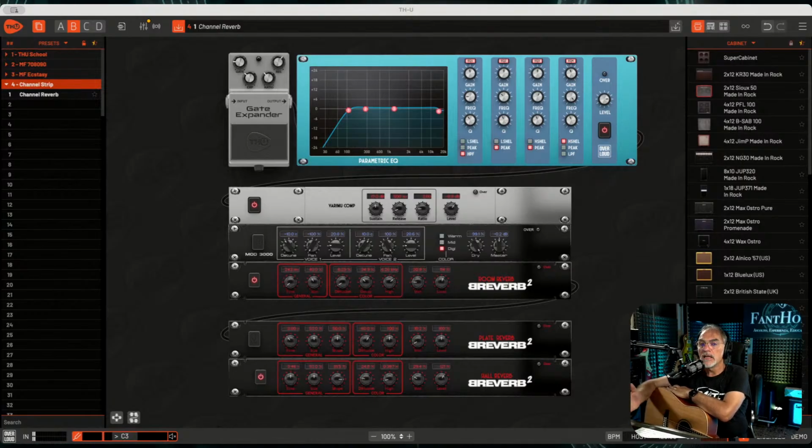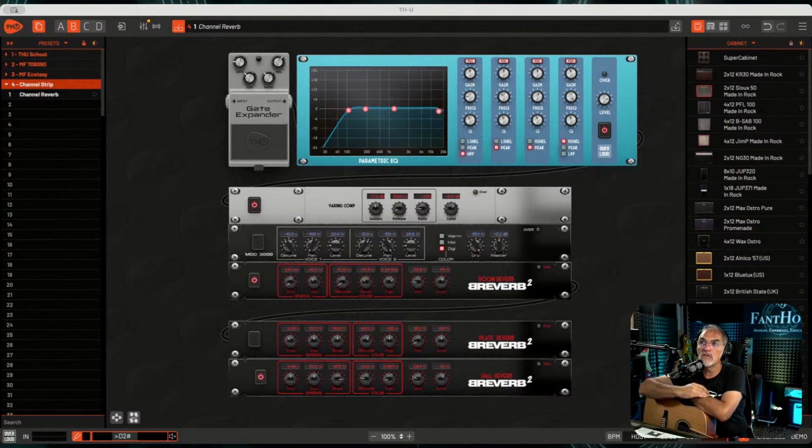Typically in the DAW I put single plugins, reverb, delay, and so on, and I create the channel strip in the strip of the DAW. In this case, I can create the single channel strip within THU,